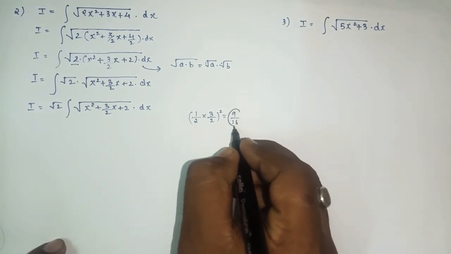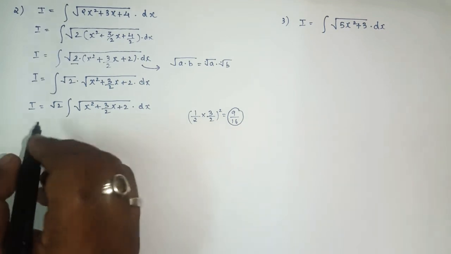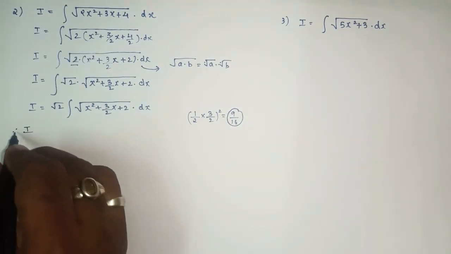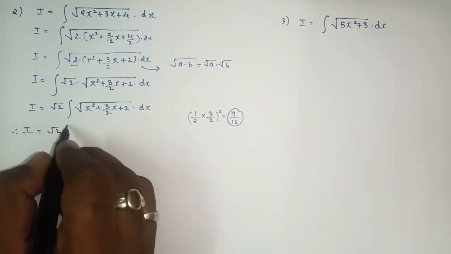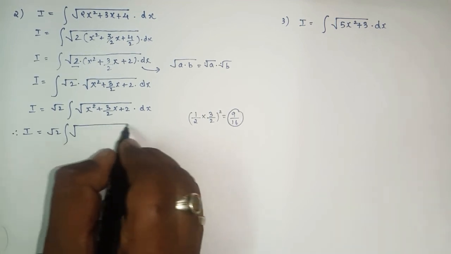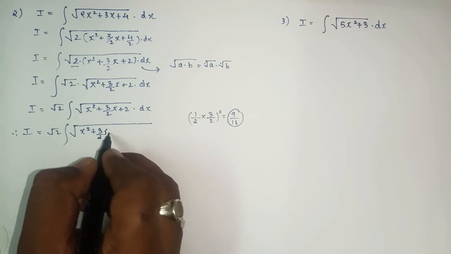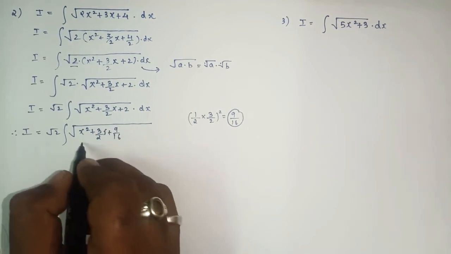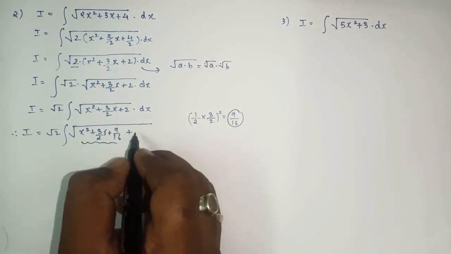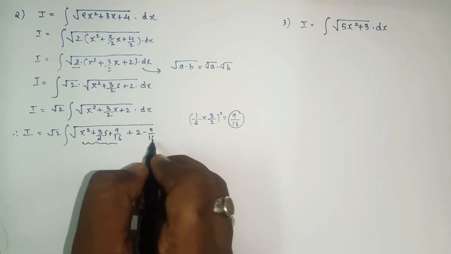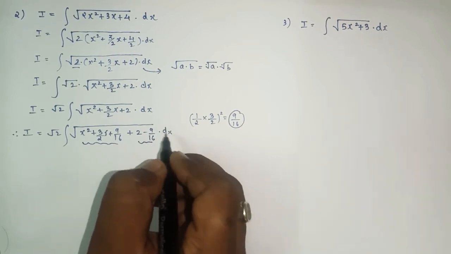So now we'll add this 9 upon 16 to the alphabet as per the rule, yes or no, and we'll subtract 9 upon 16 to the number,